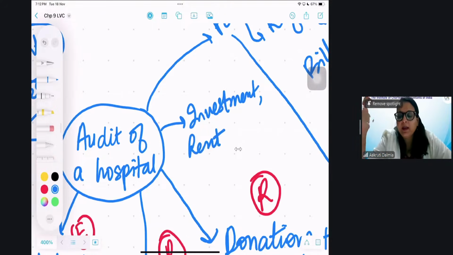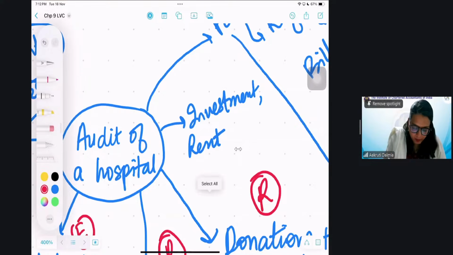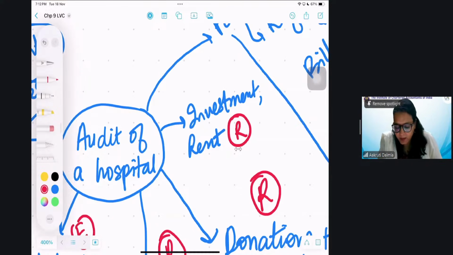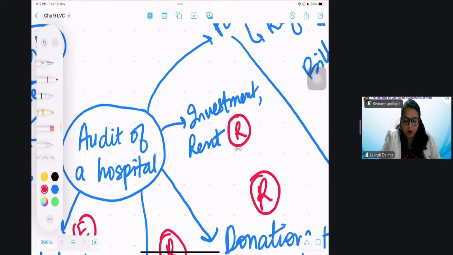Hospitals don't have any bad debts. First, you have to pay the money, then your treatment is done, right? So usually hospitals have a decent amount of extra land or extra liquidity to invest. So that is why one of the receipts for a hospital can be investment and rent. Now,